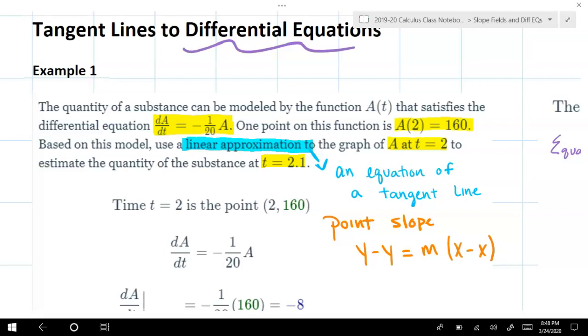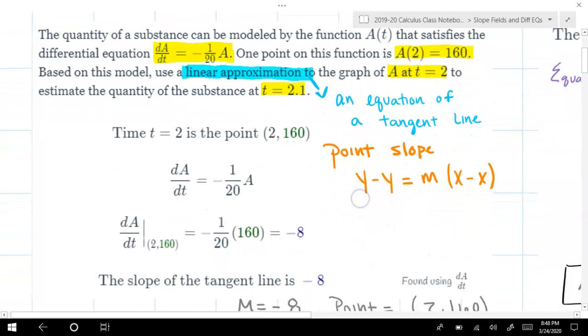So at time t equals 2, we have the point (2, 160). This was given to us when they told us A of 2 equals 160. To write the equation of a tangent line, we need the point-slope formula. So we have the point. Now the slope we need at this point (2, 160). So if we sub (2, 160) into the equation for dA/dt,